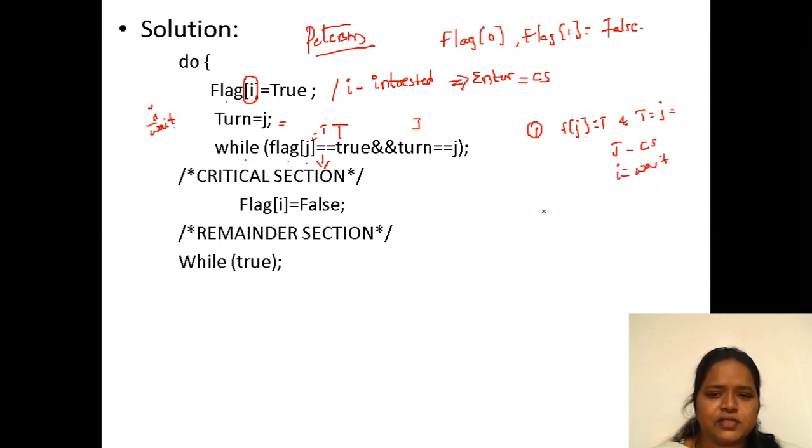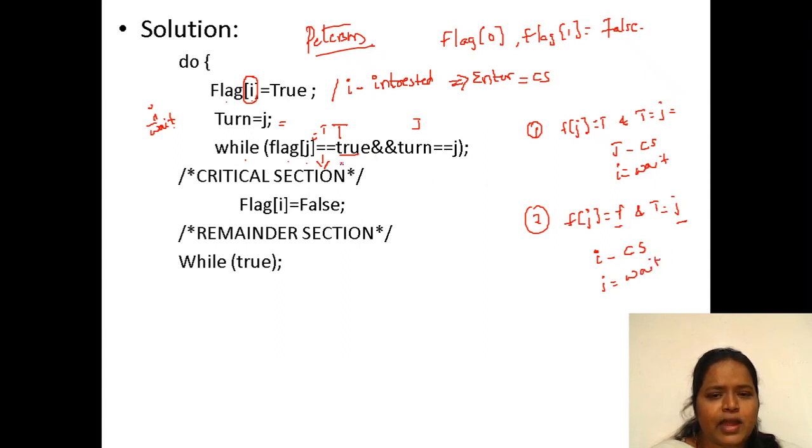The second condition is, suppose flag of j is equal to false and turn is equal to j. The operation is performed only if both are true. Here this is false and this is true. Now i will enter into the critical section and j has to wait.